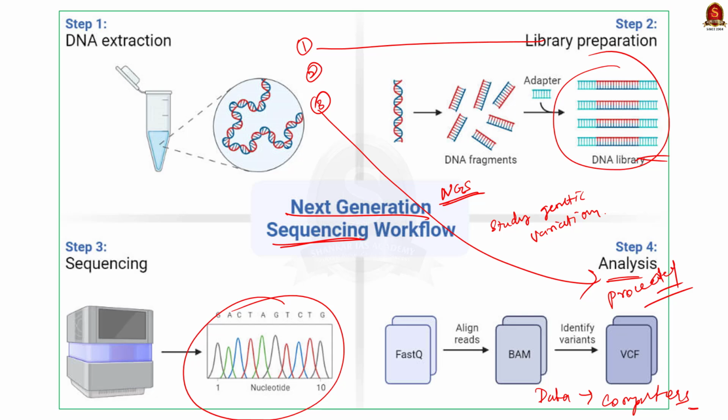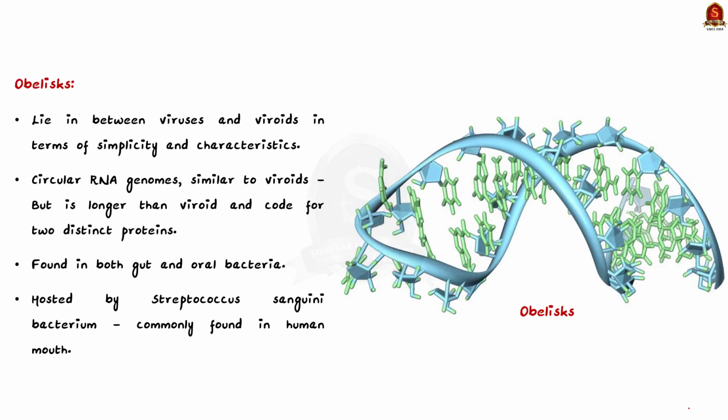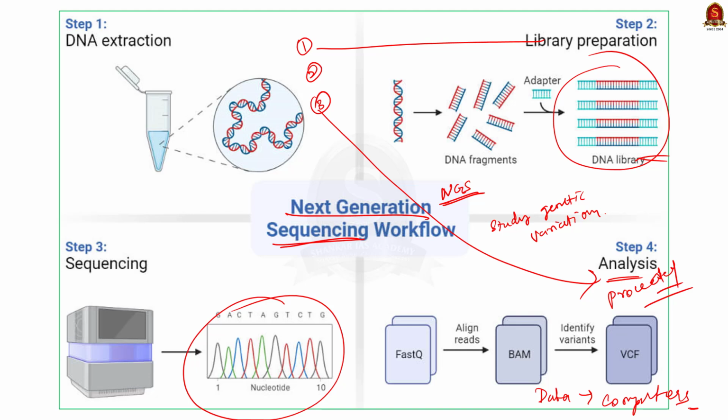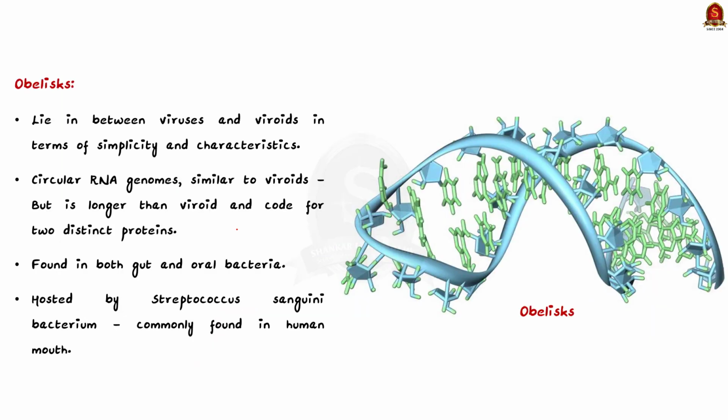While the traditional genome sequencing, often referred to as Sanger sequencing method, sequences only a single DNA fragment at a time, NGS is massively parallel, sequencing millions of fragments simultaneously per run. This process involves sequencing hundreds to thousands of genes at one time. So when researchers used next generation sequencing to analyze RNA from bacteria in the human gut, they discovered a new life form, obelisks. Now let us see the characteristics of the newly identified form of obelisk.